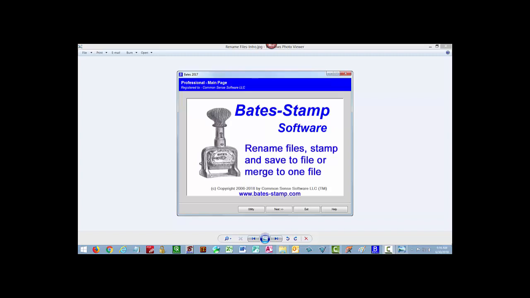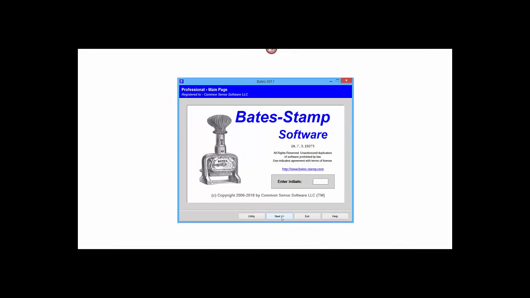This video will show you how to rename your files, stamp them, and save them to a file or merge into one file. Before I start, I want to mention a couple things about renaming documents. We have 3 levels of renaming, which allows you to rename a document in just about any configuration that you would like. And there is a help file